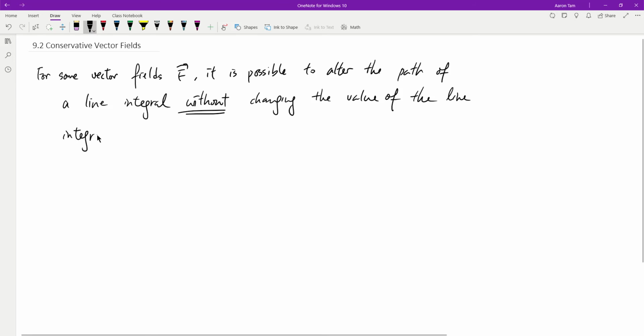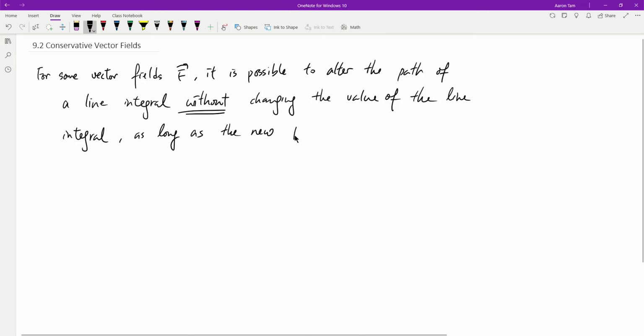Which is extremely surprising because, as you might expect, the value of a line integral is usually dependent on two things: the vector field F and also the path that you take. So for some vector fields, we actually are allowed to change the path, and yet not change the value of the integral. But of course, there are certain things that have to be constant. So without changing the value of the line integral, as long as